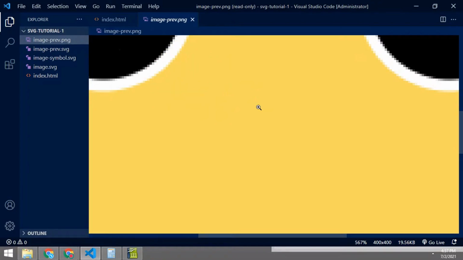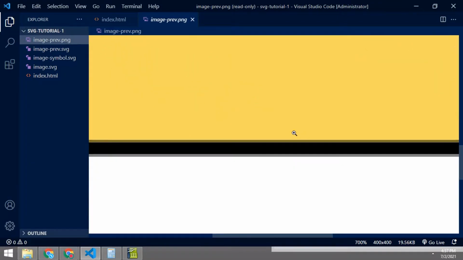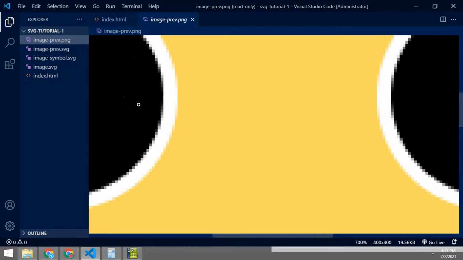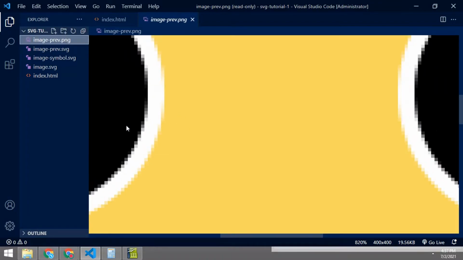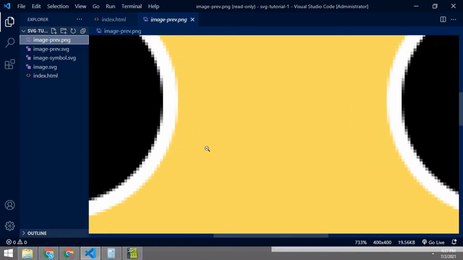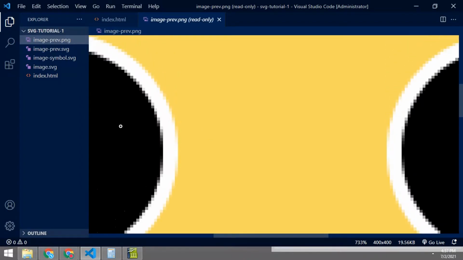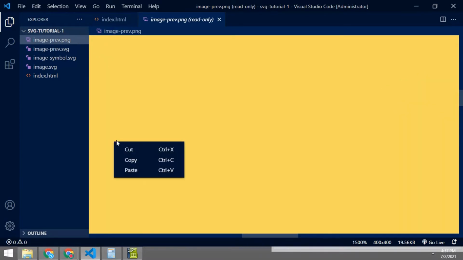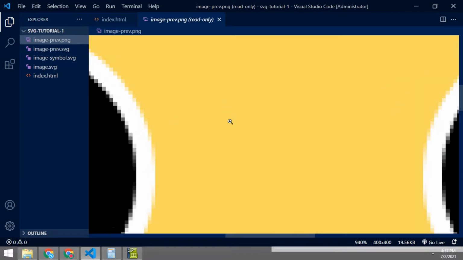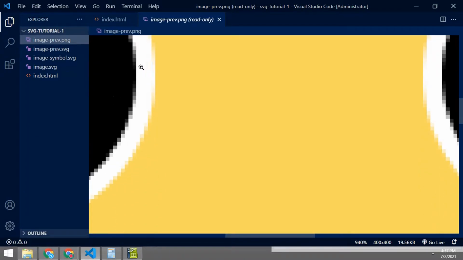This image's size is 20 kilobytes. If I try zooming in on the image, see, it becomes blurry. As you can see, it becomes blurry to its pixels if we zoom it.